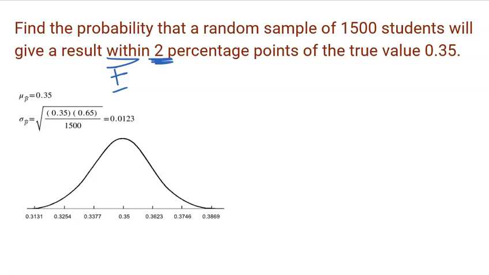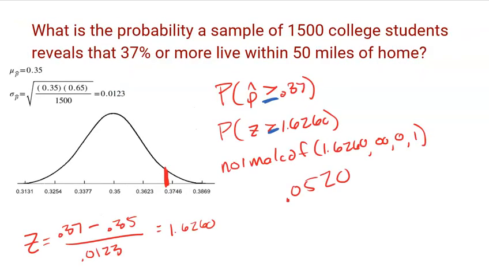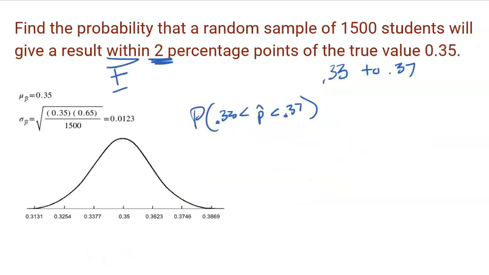Within 2 percentage points. That's 33% to 37%, 0.33 to 0.37. So I need to find the probability the sample is in between those two numbers. So I've got to find the z-score. Now, luckily, I already found the z-score for 37%. I could just reuse it. That z-score was